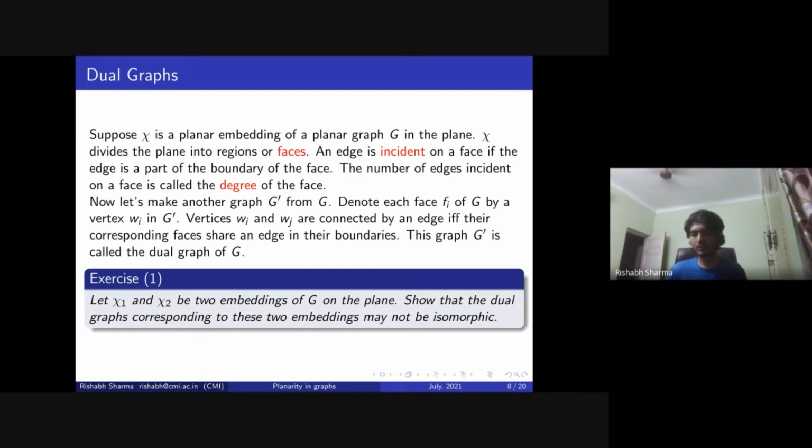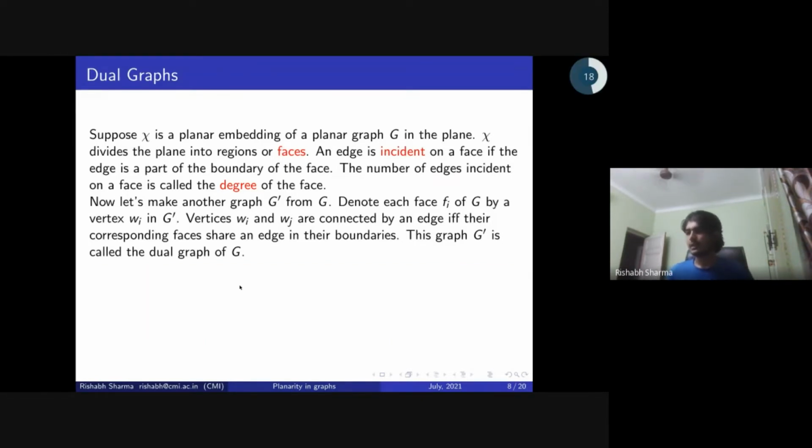So one thing you need to be aware of is that the dual graphs are dependent on the planar drawing of the graph, and not the graph itself. So you can have a graph which admits two different planar embeddings, and both of those embeddings give you two different dual graphs. That can happen. So the dual graph is not unique to a graph. A single graph can have multiple dual graphs. For example, if I draw this, and another drawing of the same graph would be this,